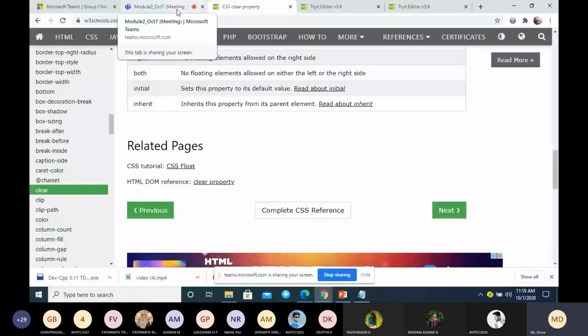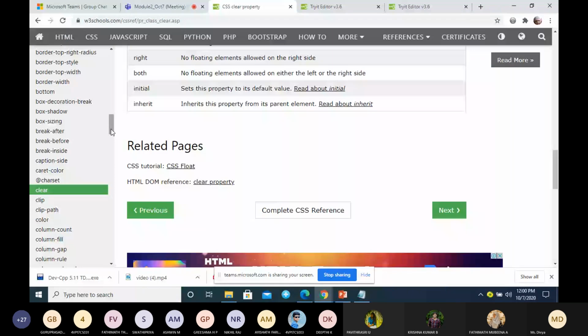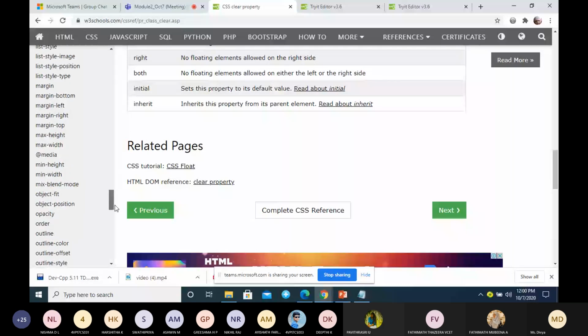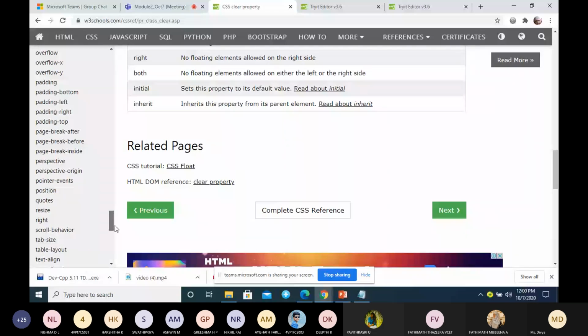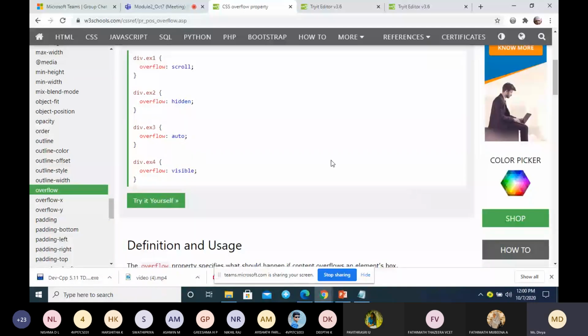So the next property is overflow. In overflow, it can take different values like scroll, hidden, auto, visible.